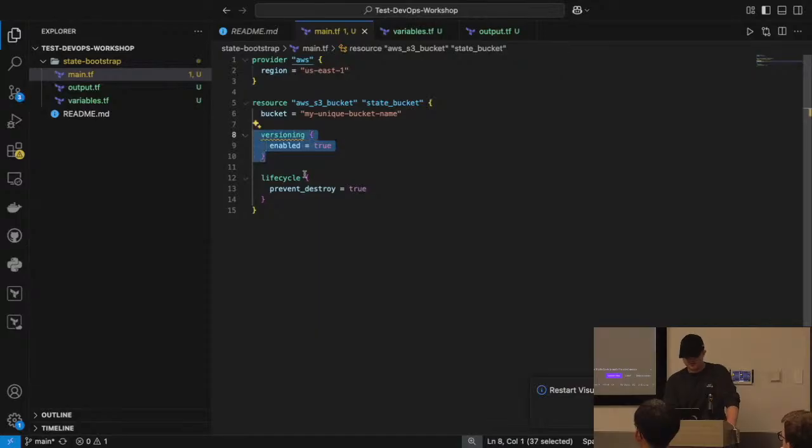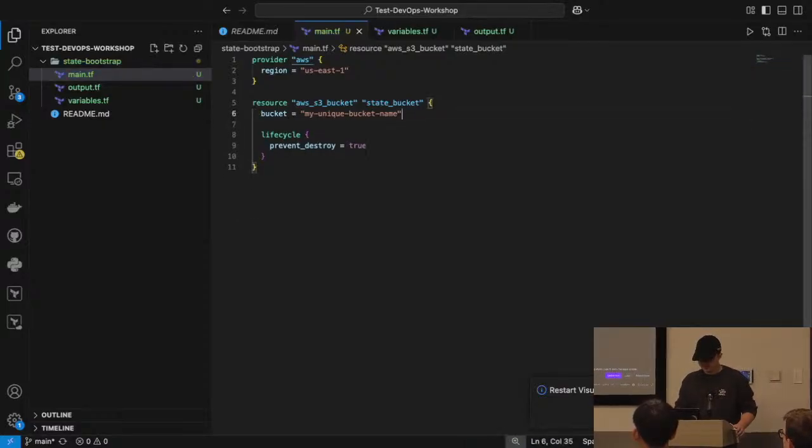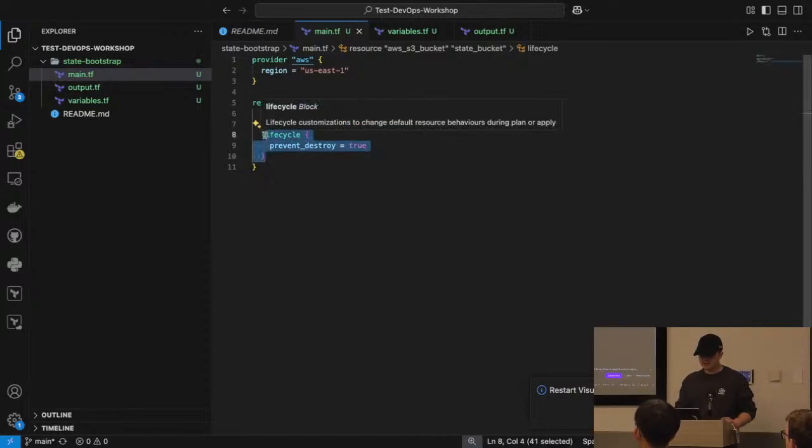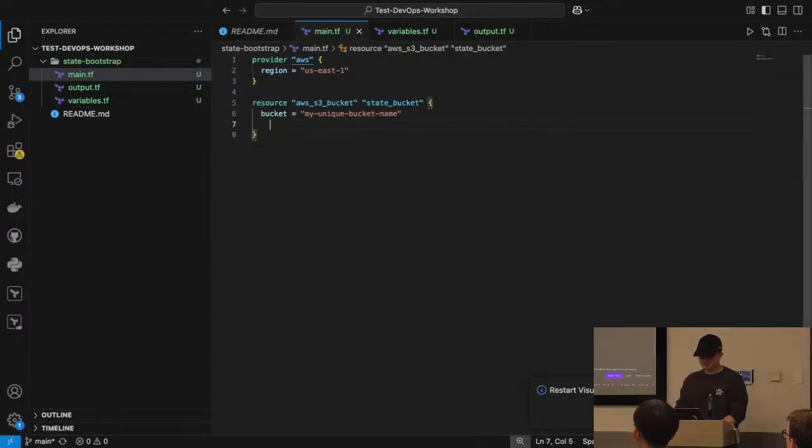And then here. So in a real world instance, versioning is extremely helpful when you're managing state files because let's say you have an intern who goes and updates your infrastructure and it screws everything up. Versioning allows you to reference your previous state and revert all of your Terraform and infrastructure back to how it was. Okay, so let's get rid of versioning for now, just because there's a different way to do that that's a lot more secure now. And then prevent destroy, we're not going to utilize this because we do want to destroy it when we're done. That way you guys don't start getting charged.